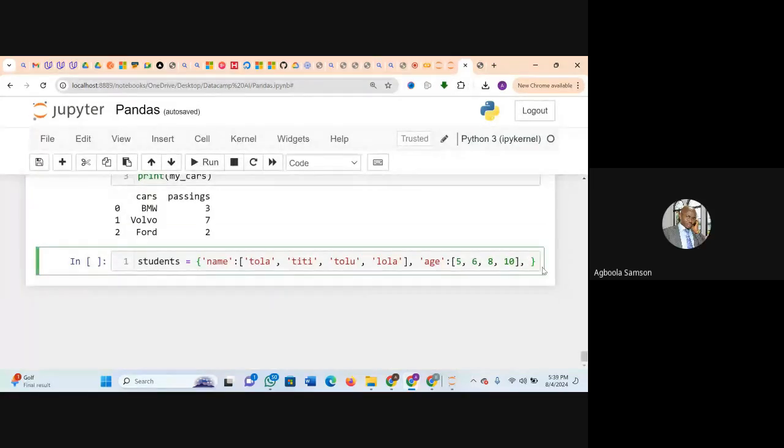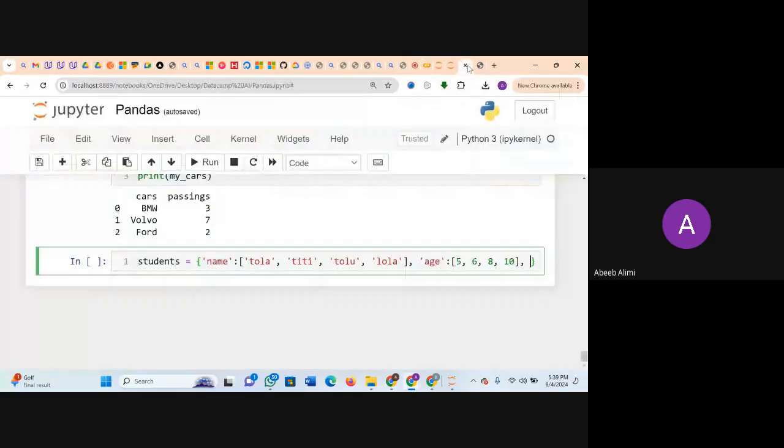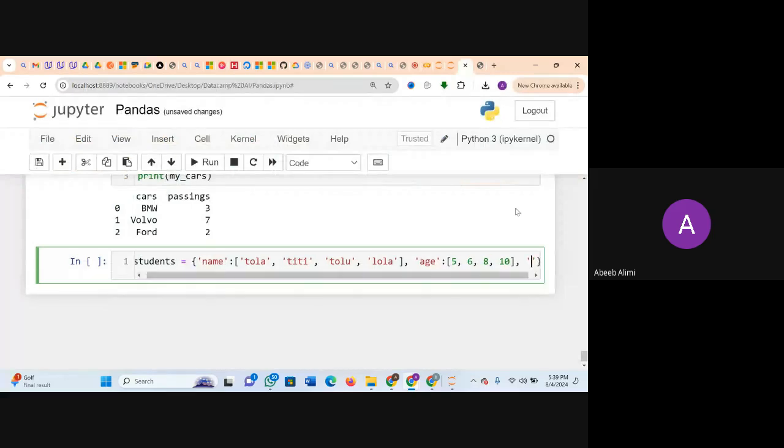Okay. The state. So we have states. Yes. Okay, the state.